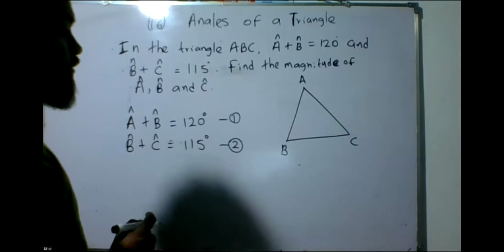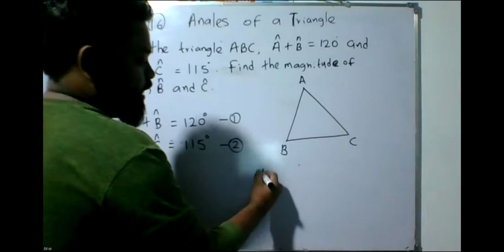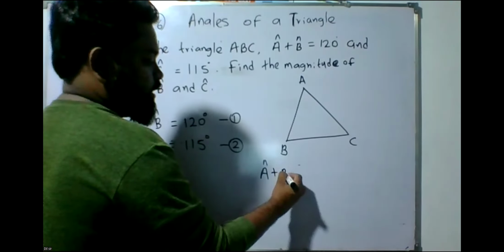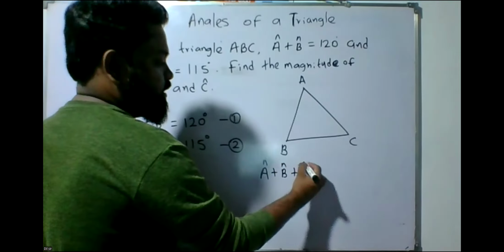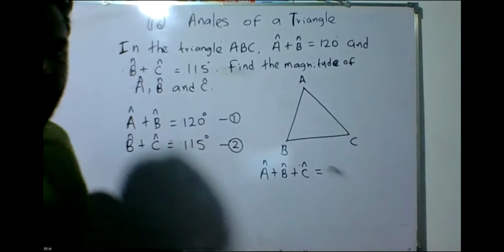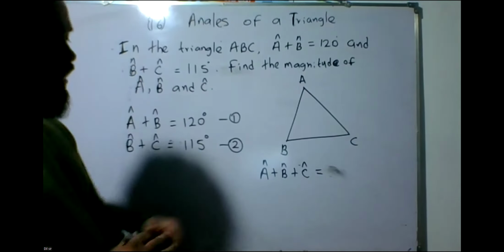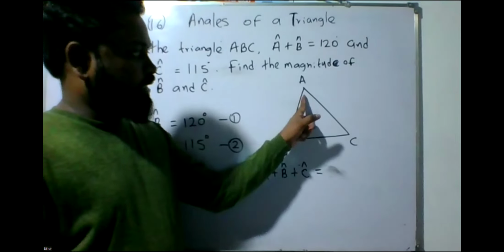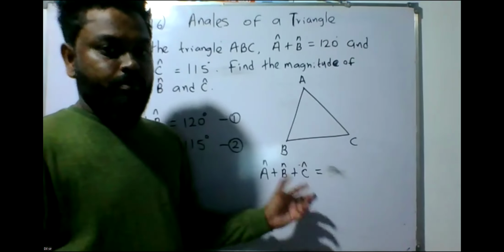And you know this: angle A plus angle B plus angle C equals what is the answer? A plus B plus C. Angle A this, angle B this, angle C. The sum of them equals